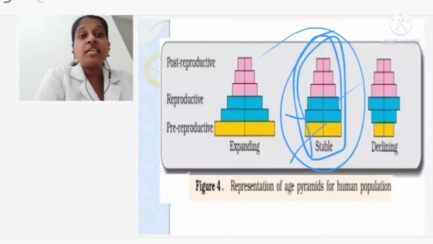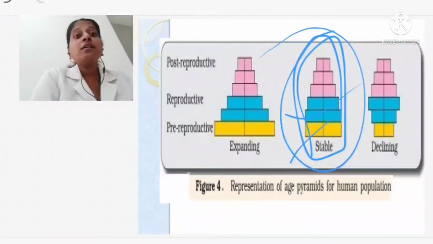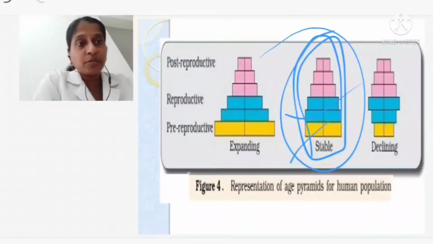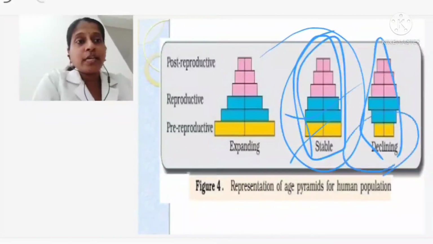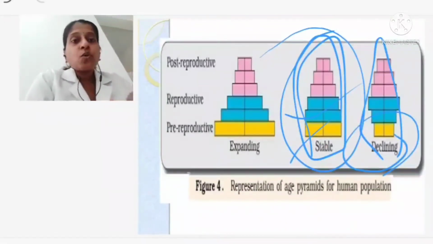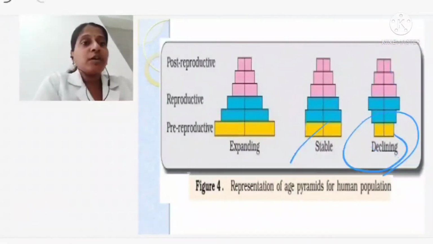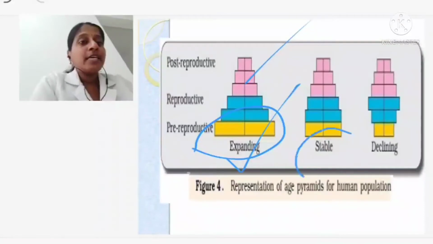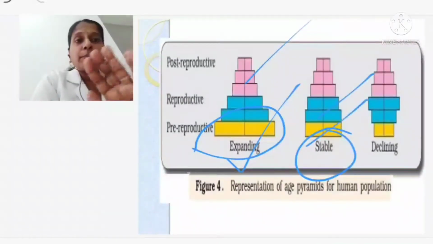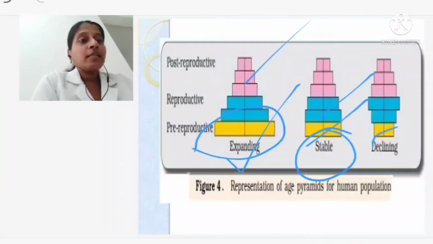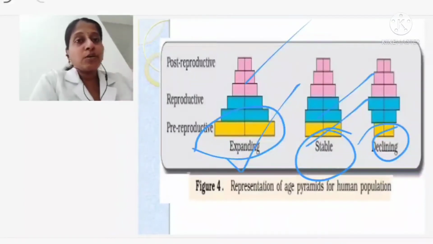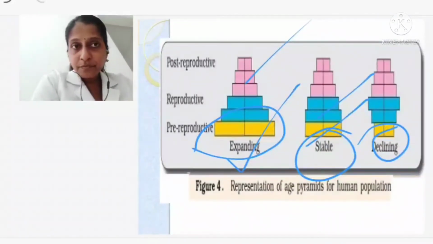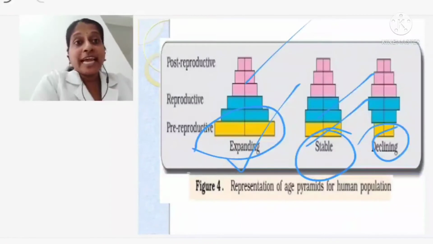Okay, so in that case, it is resulting in decline of the pre-reproductive group, and you are getting an urn-shaped curve, which we call the declining population. Okay, so the three types of population pyramid you have learned. One is your expanding, wherein the pre-reproductive group is more compared to the rest, and stable, where both the reproductive and pre-reproductive are the same. Declining, the pre-reproductive is less compared to the reproductive stage. So these are the different types of